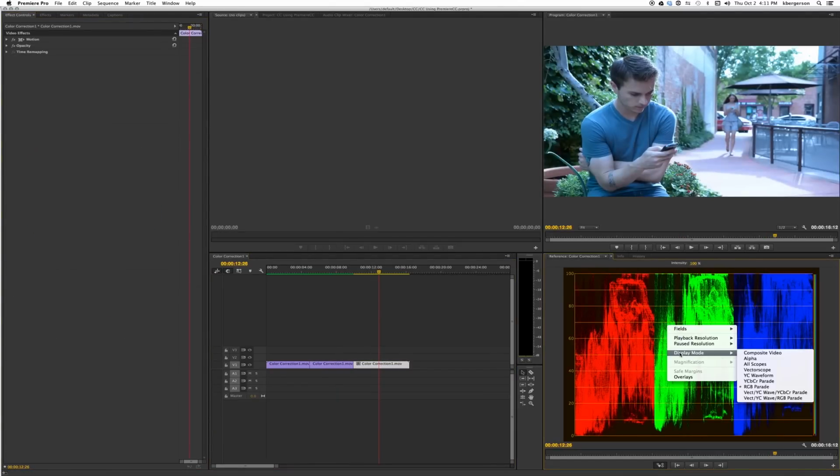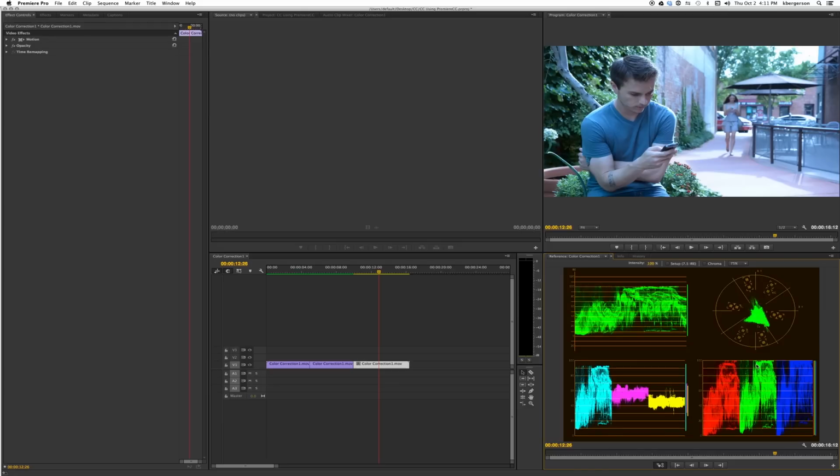So let's set our display mode to all scopes. And we'll see that we've got a pretty good range from white to black. Right now these guys are balanced out pretty good, but the flesh tone's all a little too blue. So first thing we will do